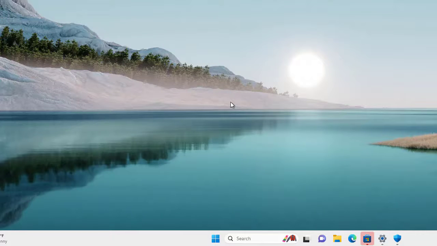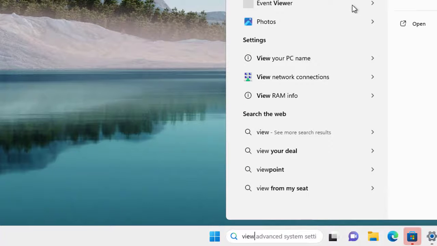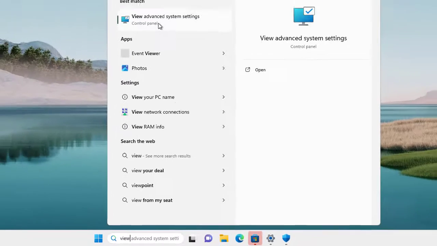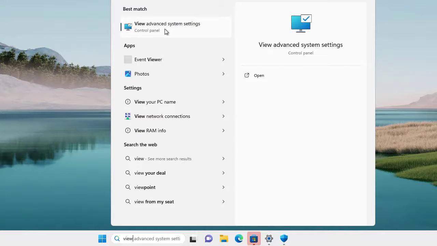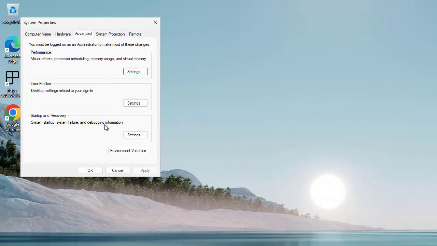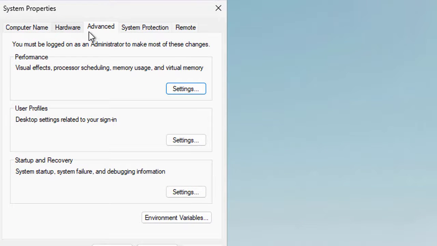To adjust these settings, go to the search bar here, and you should type View Advanced System Settings. Let me make it clearer. You just have to type View in the search bar, and you will start seeing the best match, which is the Windows Advanced System Settings. So click to open it, and it's going to navigate you here. Now here you have several tabs like Hardware, Advanced, System Protection, Remote, but right now we are focusing on Performance. So we will go to Performance,